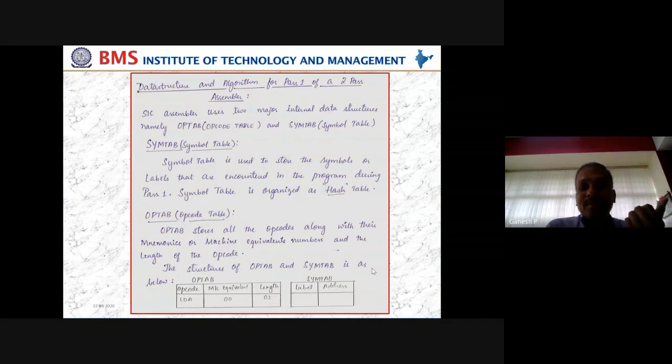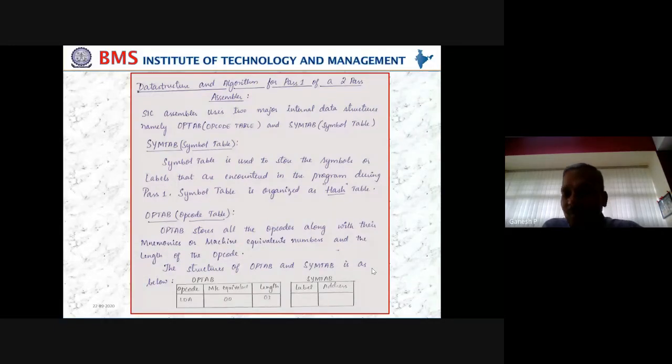But how will the system do it? The system needs to keep this data internally. So that data is going to be in the symbol table and the opcode table, or OPTAB, which are two data structures used internally to store this data. OPTAB, as the name says, the opcode table, is going to store all these instructions that we have in the sheet, what you keep referring to: LDA, STA, the second column is 3 or 4, 1 or 2, like that. The third column 00, 1F, 1C, 4B, all this information has to be given in advance to the system. Then only can the system process our program.